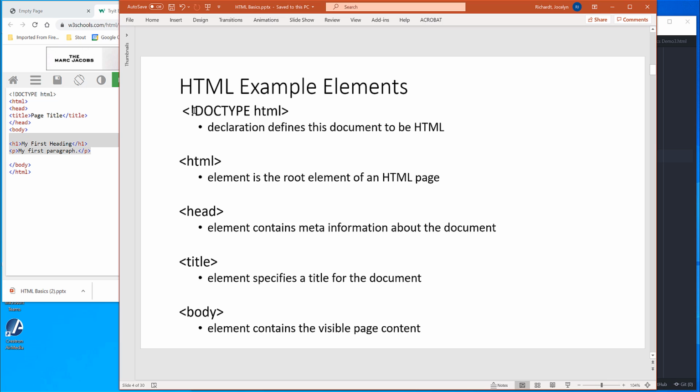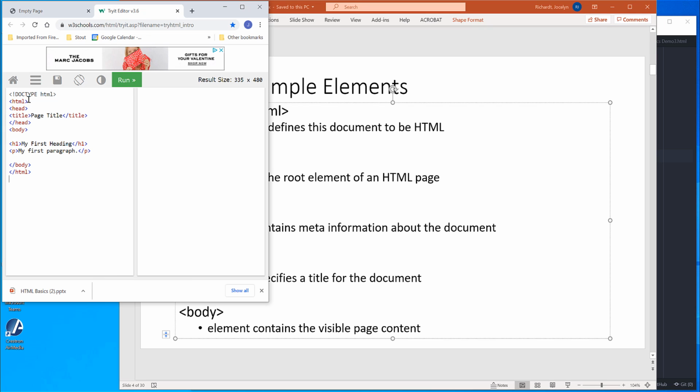As I mentioned, the !DOCTYPE html defines it to be an HTML document for the browser to know how to process the page. The html inside the angle brackets is the root element of the HTML page. Everything goes inside that html element.